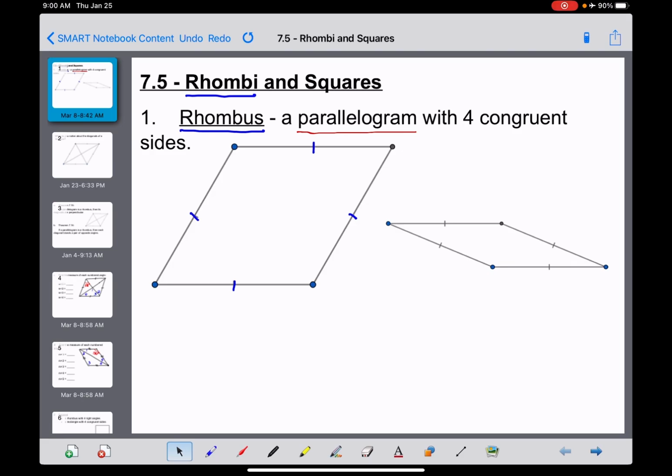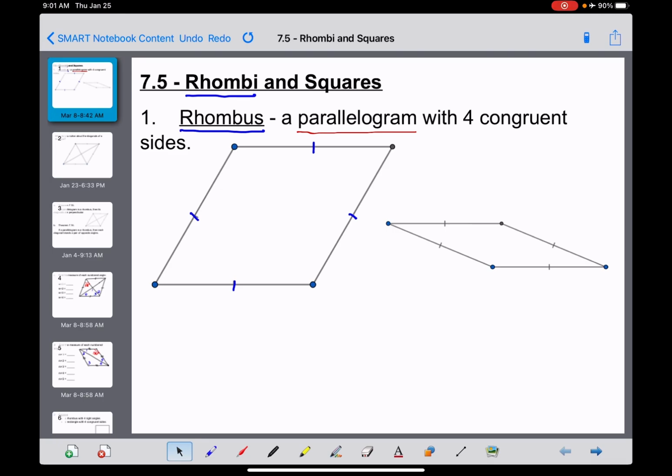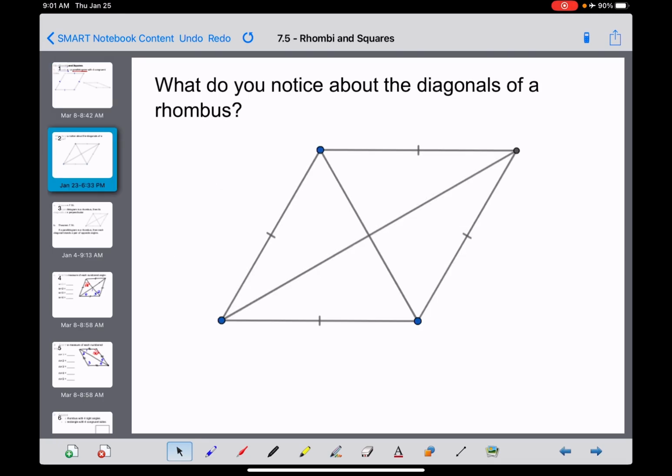Now, that's the definition of it, but there's a couple of cool things that happen here anytime you have a quadrilateral with four congruent sides. So the first thing I wanted to do here before I just gave you guys the two theorems that are coming next is to ask you, what do we notice about the diagonals of our rhombus if I draw them in there? You'll notice I was really careful here, guys. I made these diagrams on GeoGebra. I didn't just freehand them because I wanted you guys to see perfectly what happens. So what I'd love for you to do is think for just a second right now, and I'm hoping you could come up with two key observations about the diagonals of this rhombus